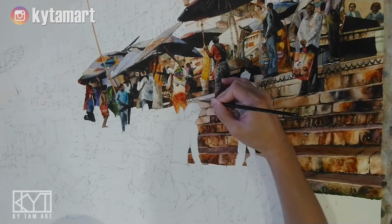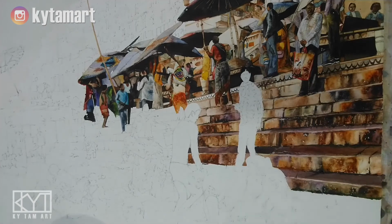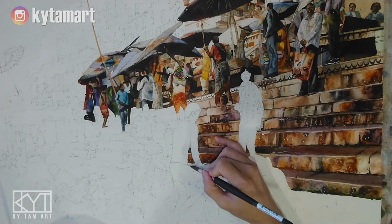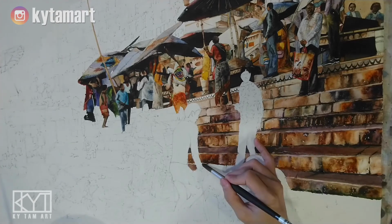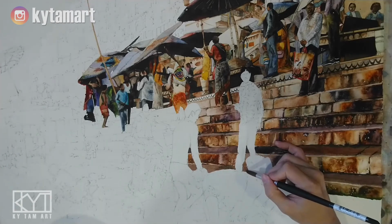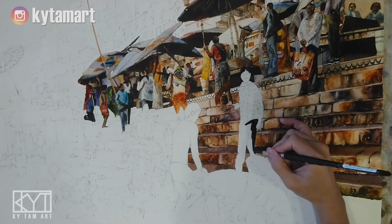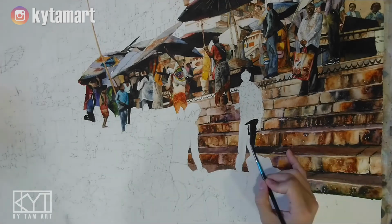Right, so we have all these different kinds of small little semicircles, and these patterns again make the entire scene look much more captivating because of all these details that I actually bother to do, and that will capture the viewer's eyes as well. So once it's dry, I will be able to paint the colors for the semicircles. So right now I'm using my brush to make sure that we have all these purple tones and that the rest of the steps are being filled in, and that will help us to have all these colors being added. So using the dark tone, we are now adding in some of that